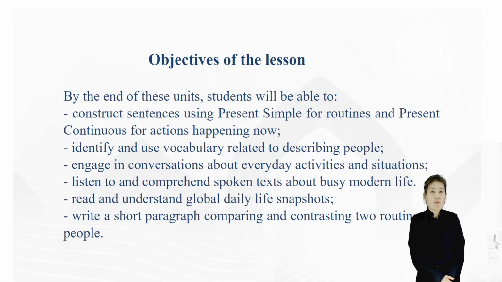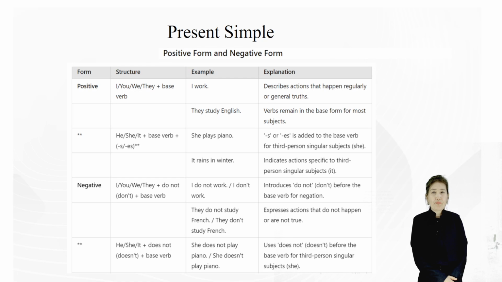When we use this form, we typically use the base form of the verb for most subjects. For example, I work, they study English, we live in New York. Notice how verbs remain in their base form in indicating actions that happen regularly or facts that are generally true. However, for a third person singular subject like he, she, and it, we add